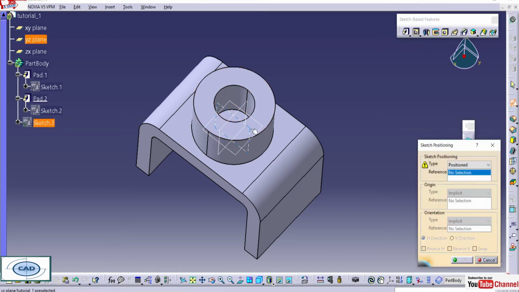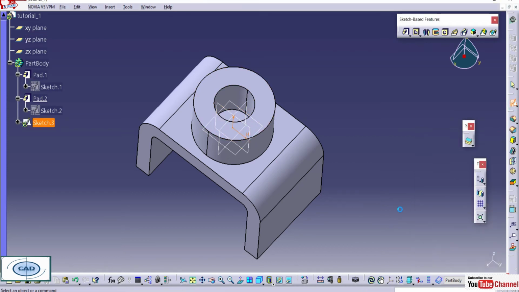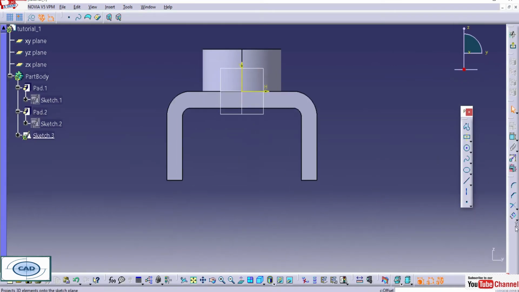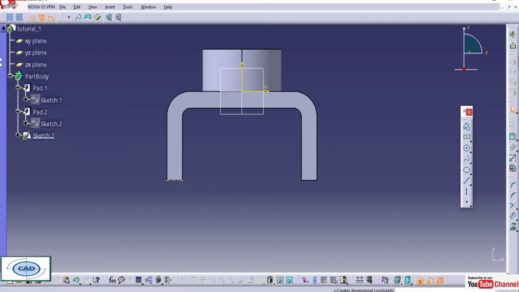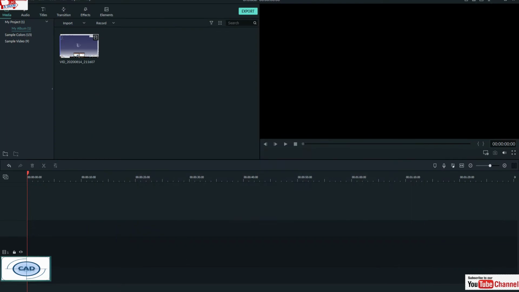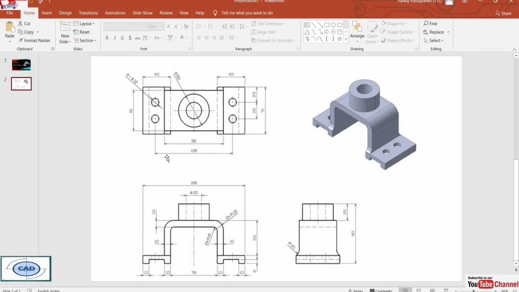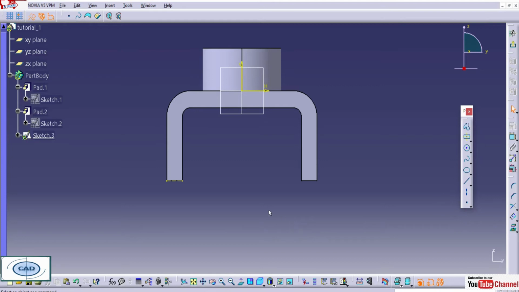Again we will select the same plane, central perpendicular plane, and we'll take a reference of this, as we know that in the drawing the C bottom pad gets started from that surface. So by using the reference command we'll take a reference of a previous sketch. Okay, this again is a smaller C of 10 mm, 10 mm, and at 45 mm away from that face. So let's start.